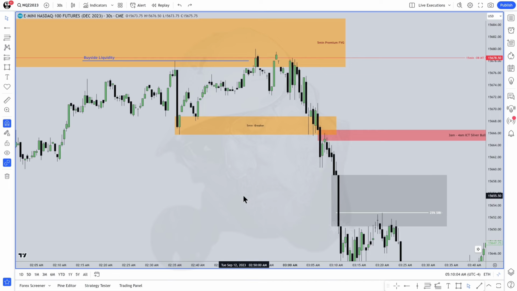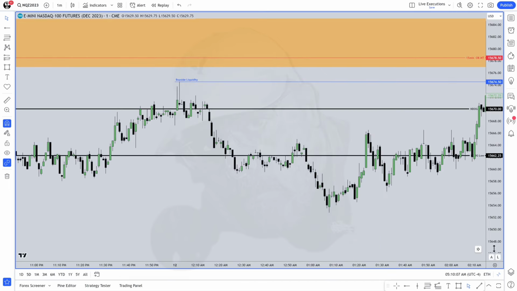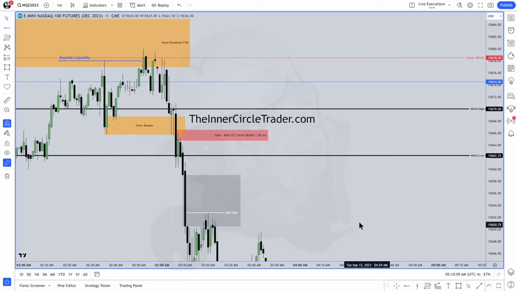exercises in your trading. Let's go up to a 1 minute chart and wrap this one up, because a little bit longer than I wanted to be. But